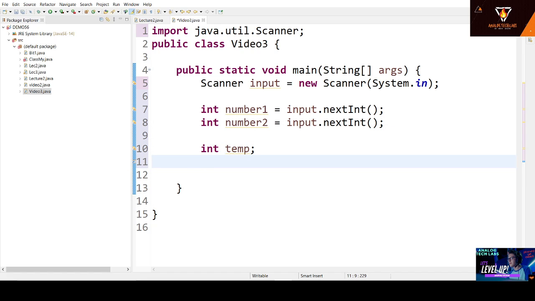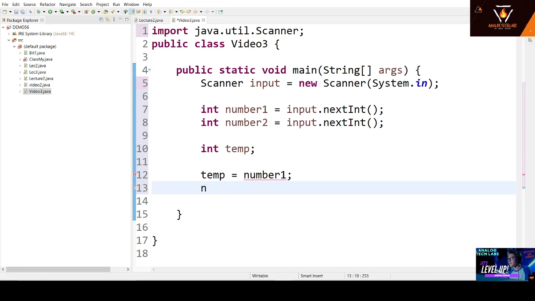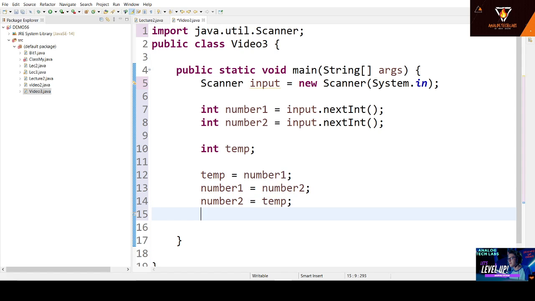Just write the logic of swapping: temp equals number1, number1 equals number2, number2 equals temp. That's all for the swapping logic.